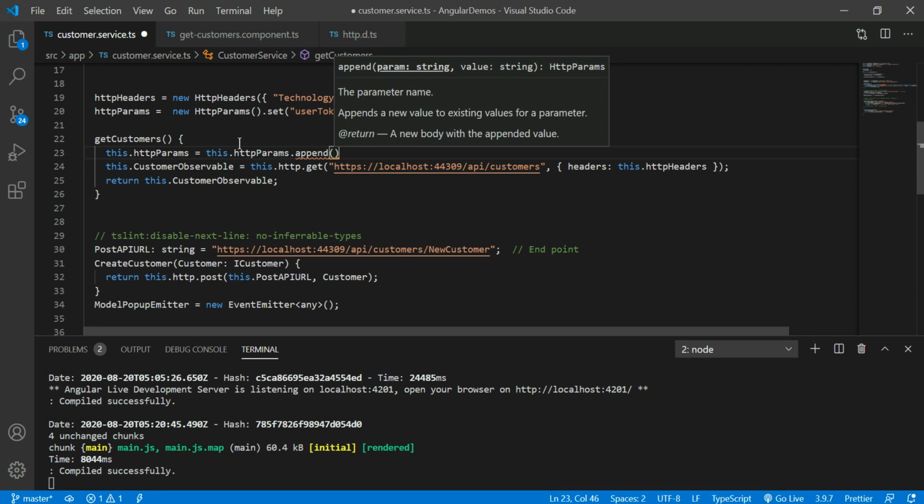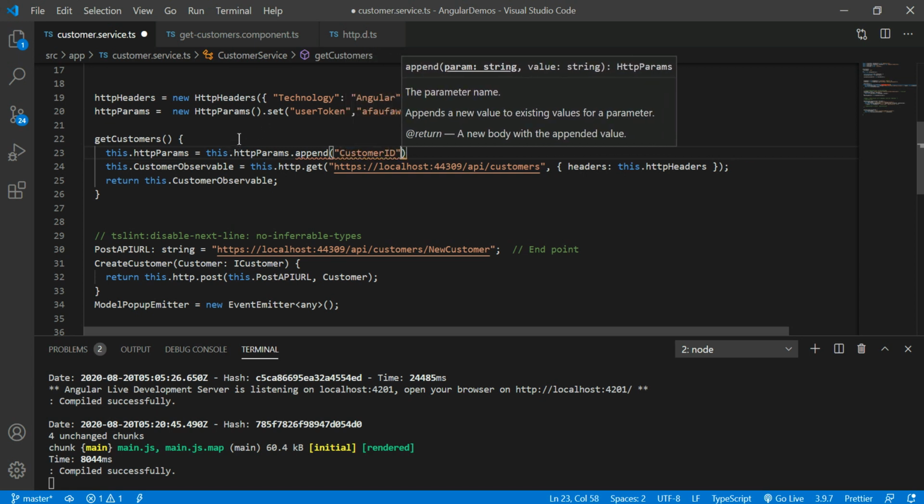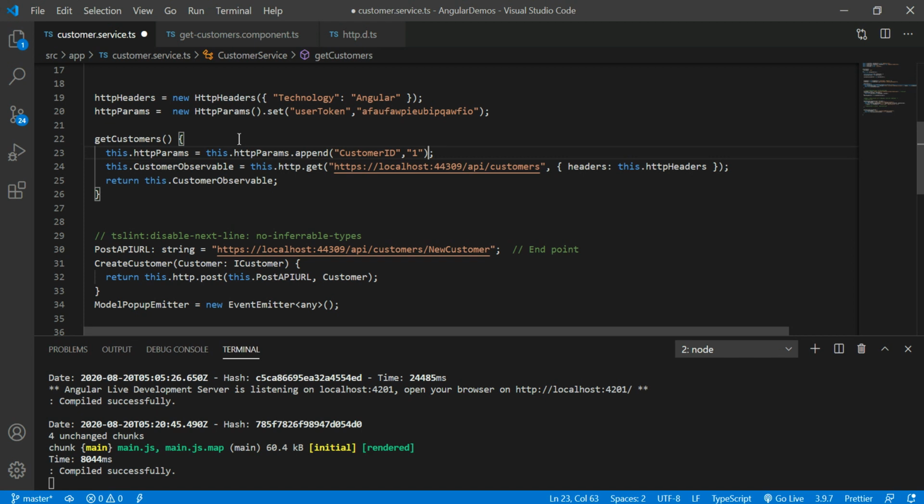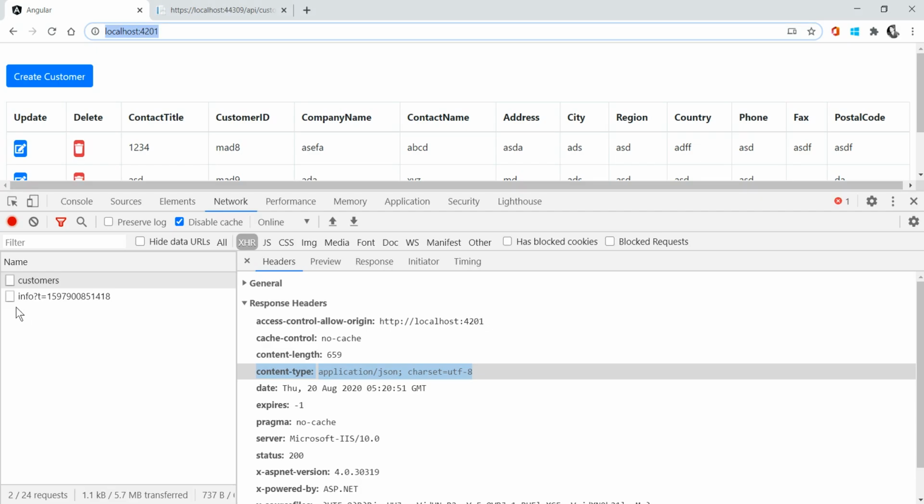Here I wanted to add one more parameter, let me say customer ID, customer ID 1. Now I have added two parameters, one is the customer ID, one is the user token. You can see these two parameters near this URL.